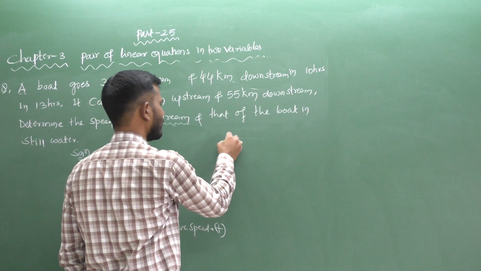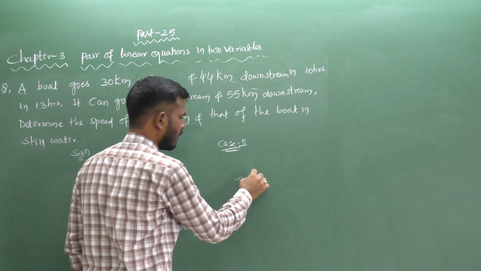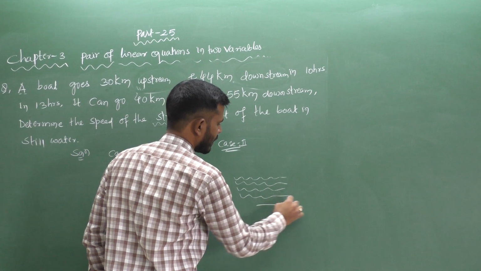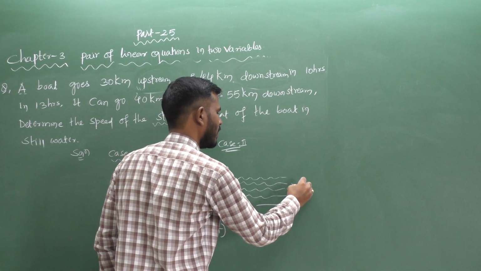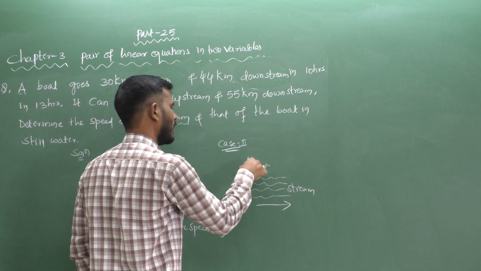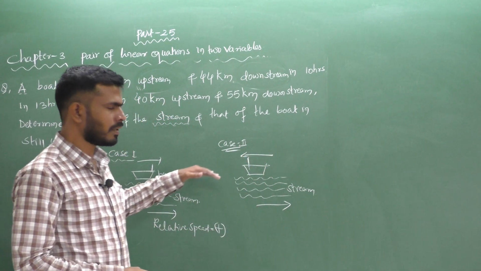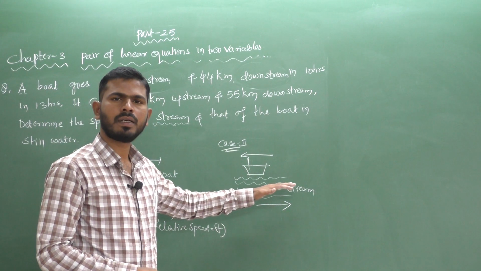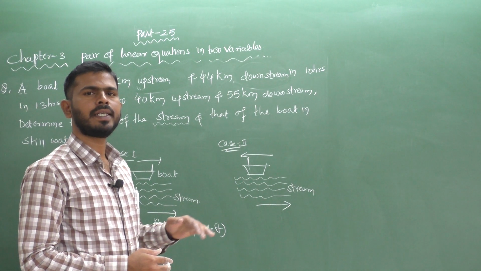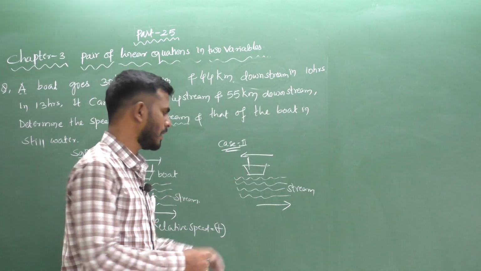Next, case 2. In case 2, suppose this is the stream. The stream is moving in this direction. This one is the stream and this is the boat. But in this case, the boat is moving in the opposite direction. So the speed of the boat and the speed of the stream are in opposite directions. Here the speed of the boat automatically decreases due to the speed of the stream. So that's why here the relative speed